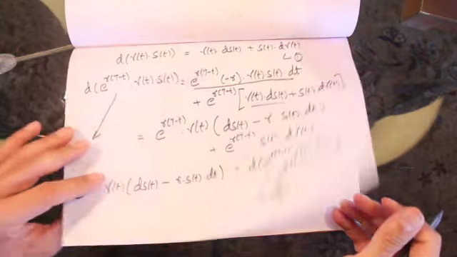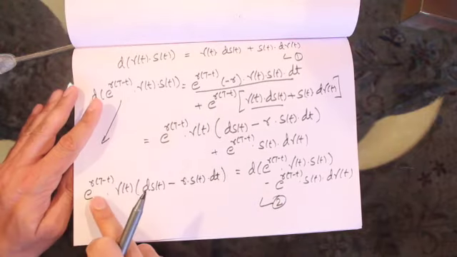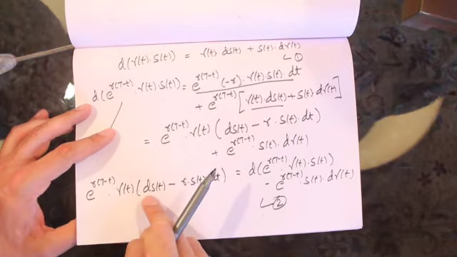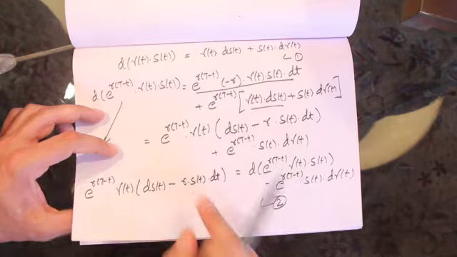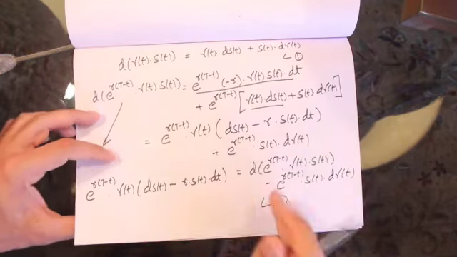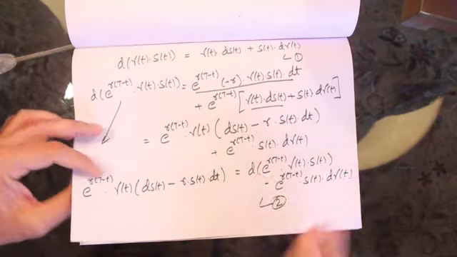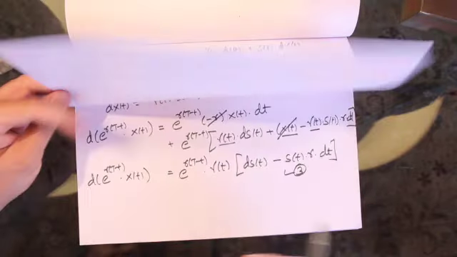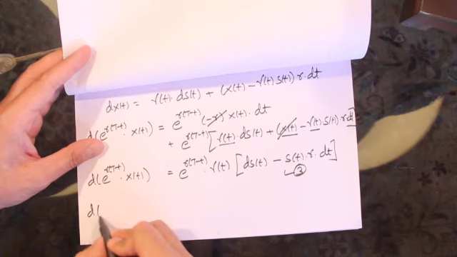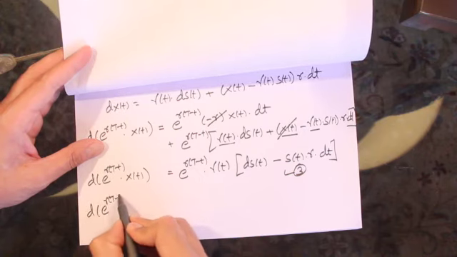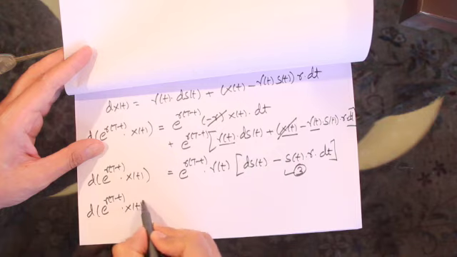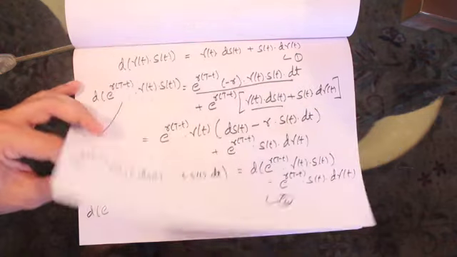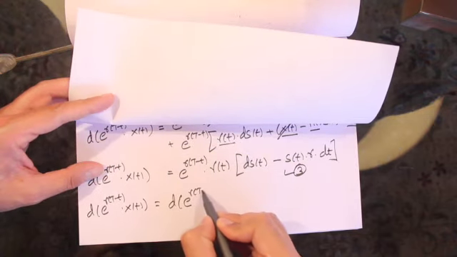Now if you look at result number 2, we just computed that e to the power of r(T minus t) gamma_t times (dS_t minus r S_t dt) is equal to this thing on the right. So instead of this here, we can substitute this. Then we'll get d of e to the power of r(T minus t) X_t is equal to this, d of e to the power of r(T minus t)